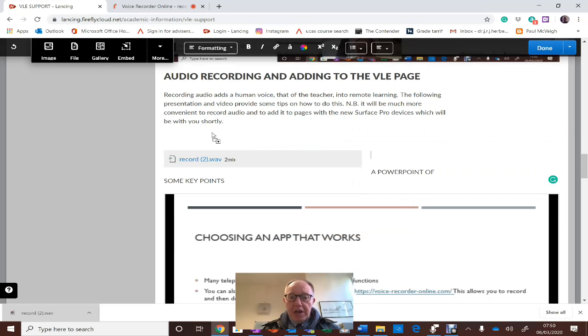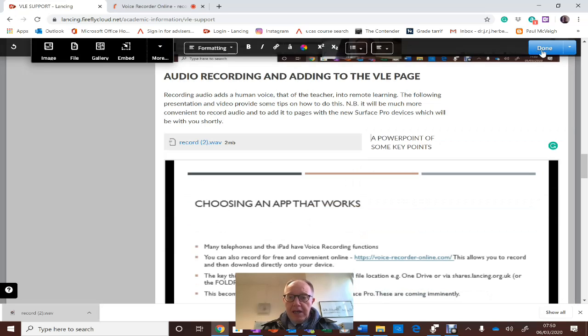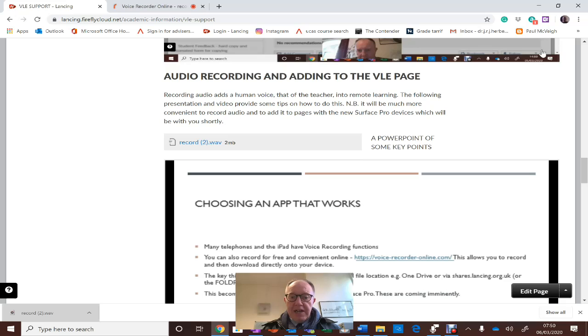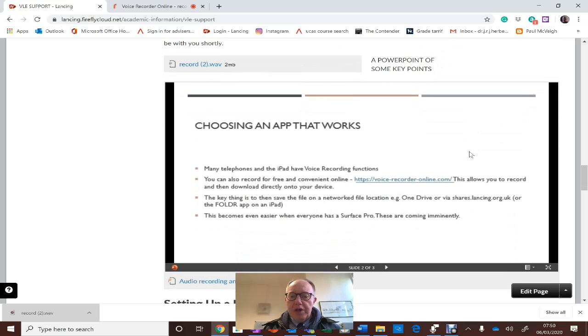Now when I click Done here, what that means is that if a pupil is using this web page via their iPad and they click upon that WAV file, it will take them directly to an embedded player within it, or they can download that file and play it remotely from their device separately in an app like iTunes. There are lots of ways of doing this, but the key thing is that once you've recorded your audio, by whatever means you've done so,